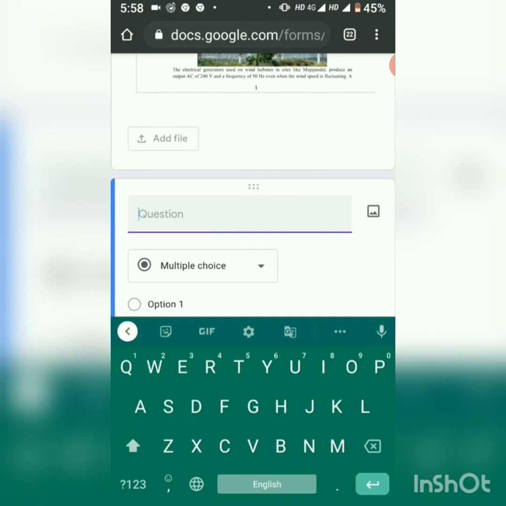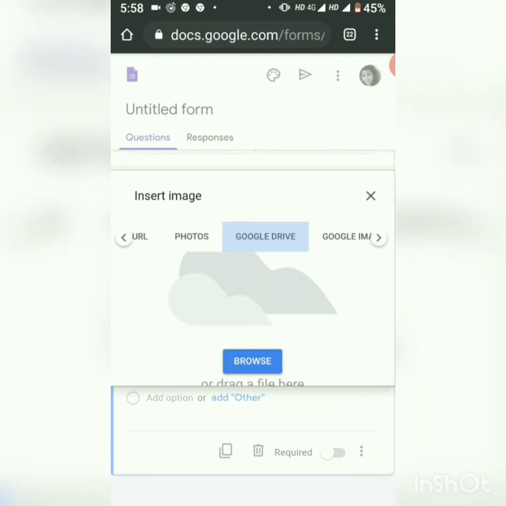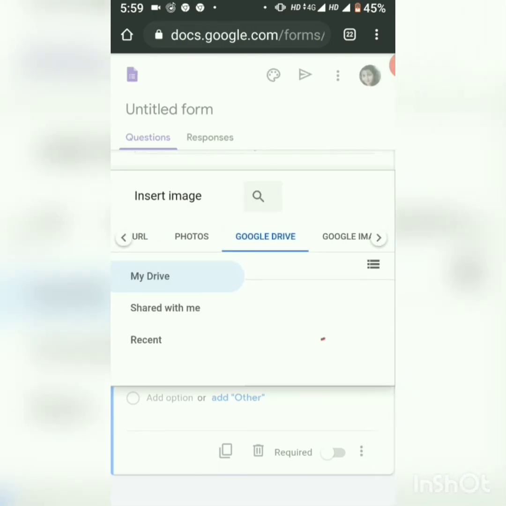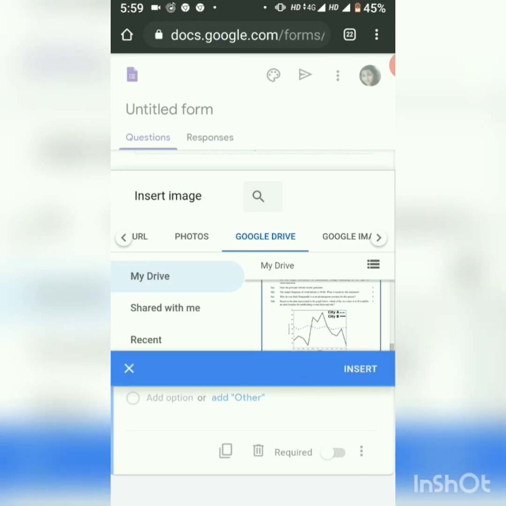Again you have this picture icon, click it once again. The same procedure: press Google Drive. That was form page 1. Now I have to insert form page 2. Insert.